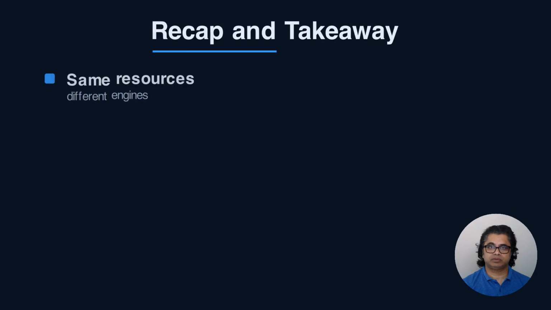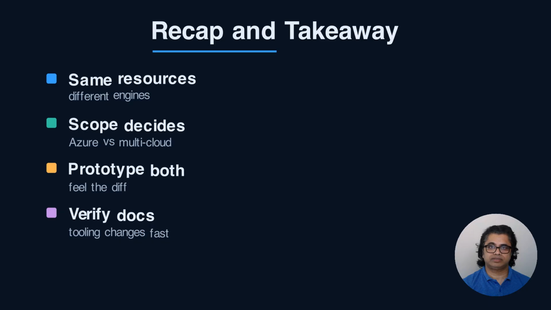To recap, both deploy the same Azure resources, but Bicep leans on Resource Manager with no state file and same-day feature support, while Terraform owns its state, gives you precise plans, and reaches across many clouds. The deciding factors are cloud scope and operational ownership, not which syntax you like. Your action this week: take one small workload, write it in both, and run a deployment plus a deliberate config change to feel the difference in previews and drift handling. And because tooling and provider support move fast, verify current capabilities in the Azure and HashiCorp docs before you commit.